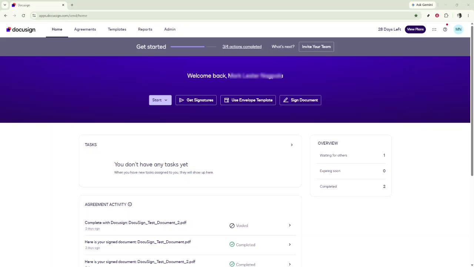In today's video, I'm going to teach you how to access all DocuSign documents. We'll be using DocuSign's built-in agreements area and adjusting the date filter so you can find documents that may not appear in the default view. This is especially helpful if you're looking for something signed or sent a long time ago and it seems like